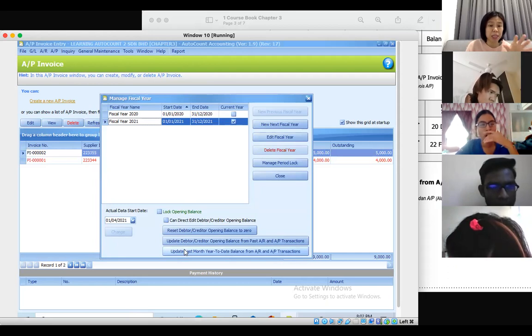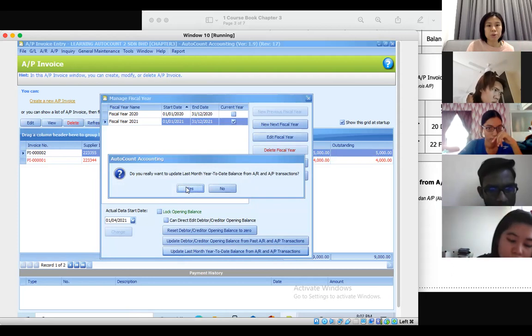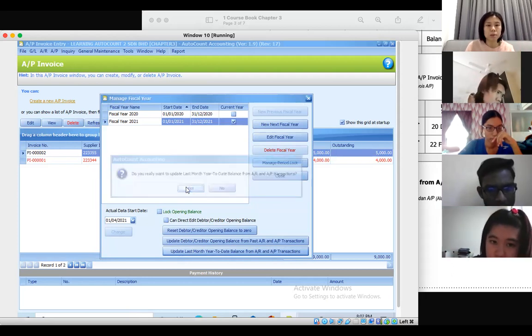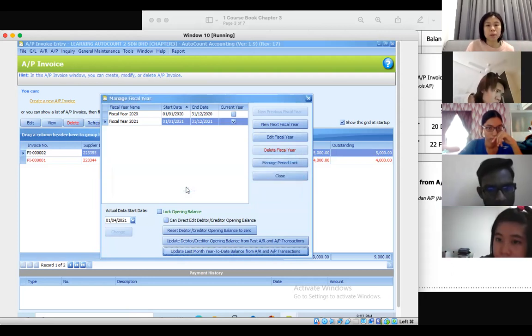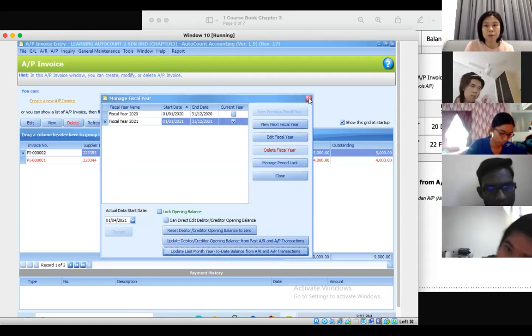Just now where we key in all the balance. You click from AR and AP transaction. Do you really want to update? Okay, yes. Do you really? Yes. Okay. After you have done,